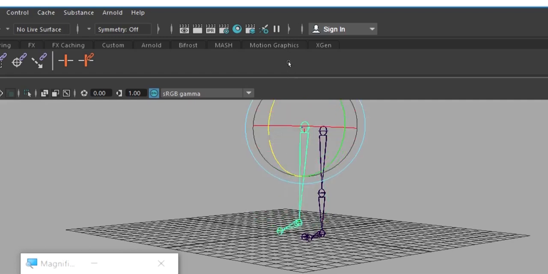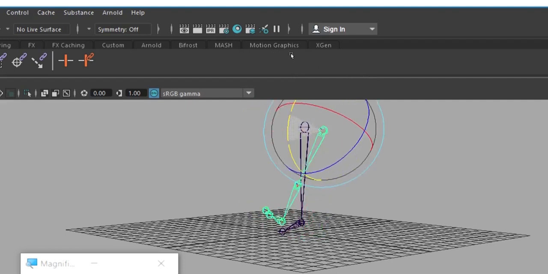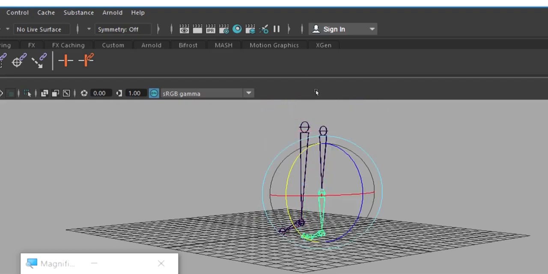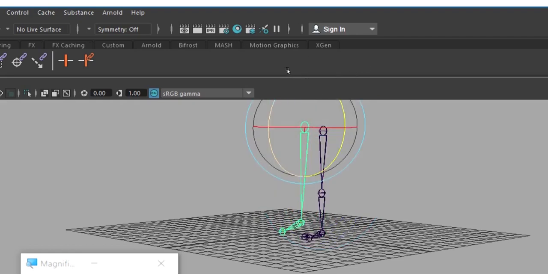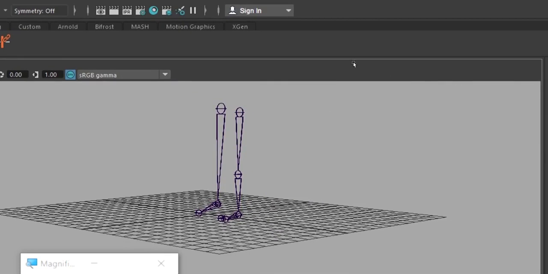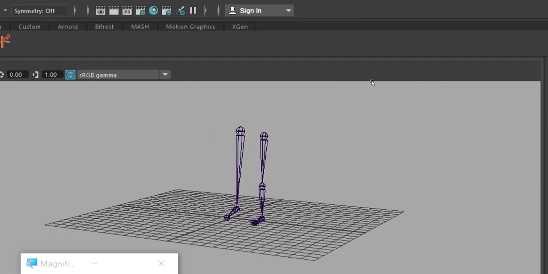So this is not how a human leg is going to work. Even this has the same function, but see, this is flexible. This looks more like human legs, but see what happens here. It is not even a robot leg, it is like a wooden leg or something. It is lifeless. So I hope you understood the difference between joints and bones.